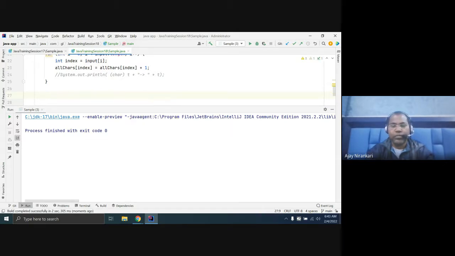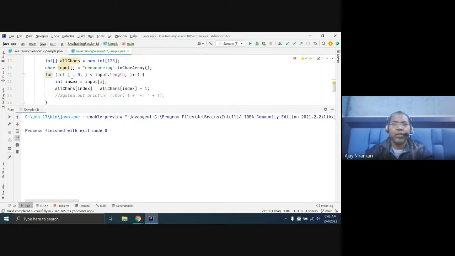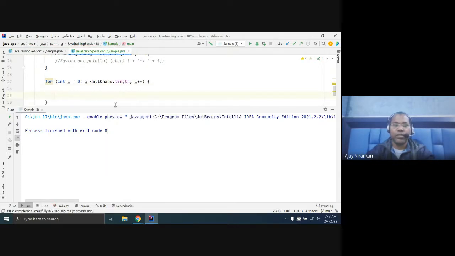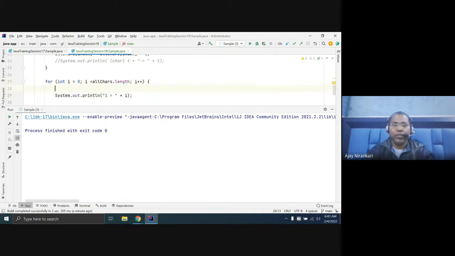For each, here you can check the array length and print. We are interested only in characters whose value is greater than 0.